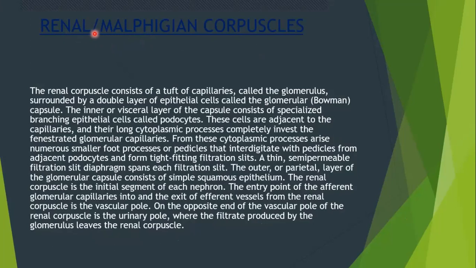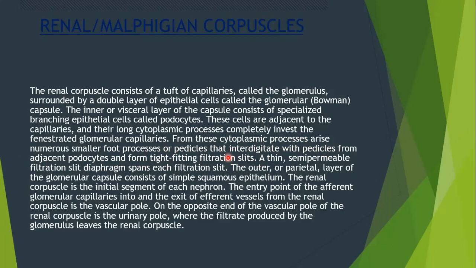Now, renal corpuscles. What are renal corpuscles? Renal corpuscles usually consist of a tuft of capillaries called the glomerulus, which is surrounded by a double layer of epithelial cells known as the glomerular capsule, or Bowman's capsule. This capsule has an inner and outer layer. The inner or visceral layer consists of specialized branching epithelial cells called podocytes. These cells are adjacent to capillaries, and they have long cytoplasmic processes which completely invest the glomerular capillaries. Remember, the glomerular capillaries are fenestrated capillaries. From these cytoplasmic processes arise numerous smaller foot processes or pedicles, you can see where the word podocytes came from, that interdigitate with pedicles from adjacent podocytes and form tight-fitting filtration slits. So podocytes are very important in formation of the